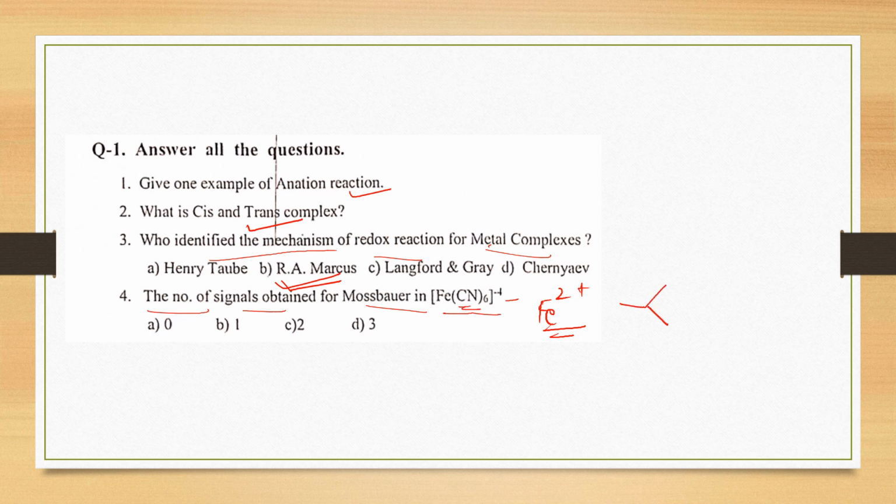Low spin means 1, 2, 3, 4, 5 and 6 electrons, so this is symmetrically filled. If it is symmetrically filled, then the electric field gradient will be 0, and signal will be 1 only. If the electric field gradient is not 0, then signals are 2. And magnetic field is there,